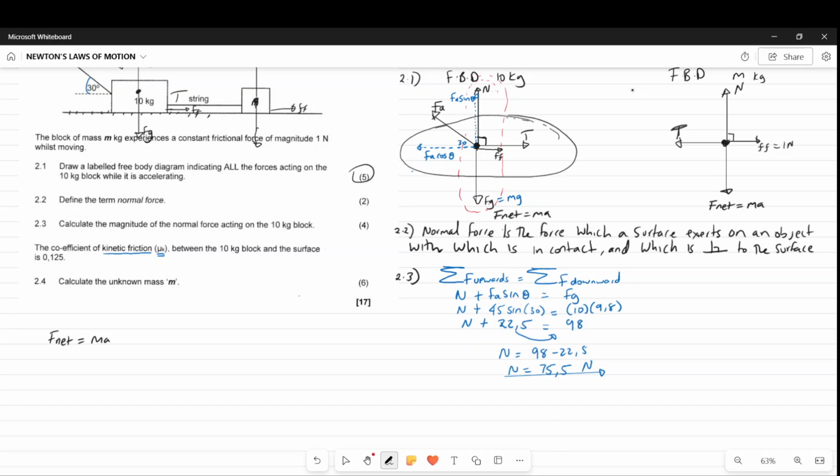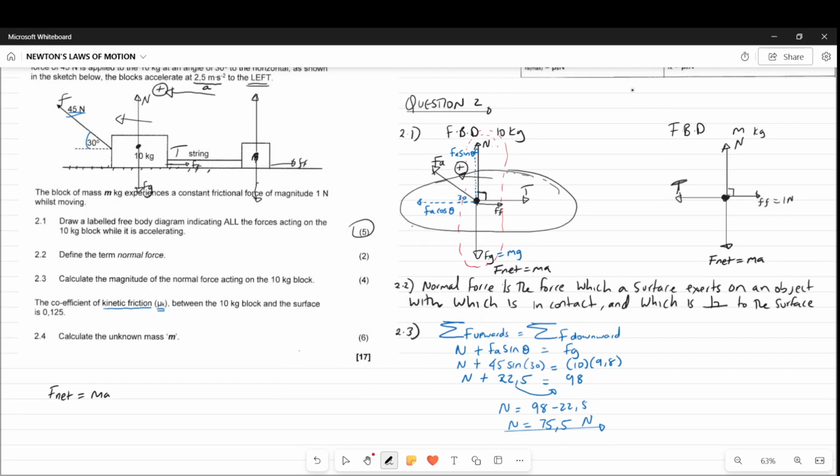As you can see, we're going to take all the forces going this side to be positive, because we spoke about that up here, going to the left to be positive. So now we're going to say F A cos theta plus, open bracket, negative T plus negative Ff, is equal